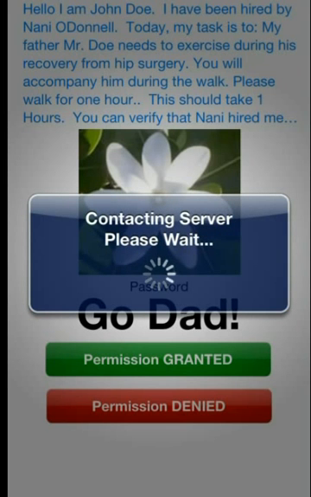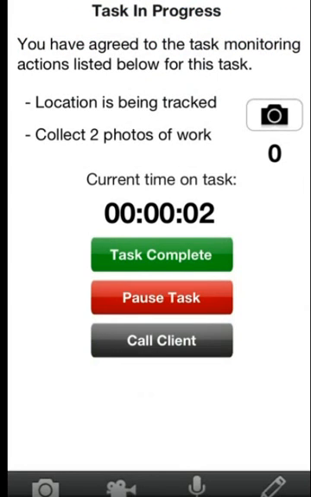And then the task is officially started. So now, while the task is in progress, the provider, the person that's performing the activity or task, is going to be monitored. And as this screen shows, we are tracking their location, and we've asked them to collect up to 2 photos